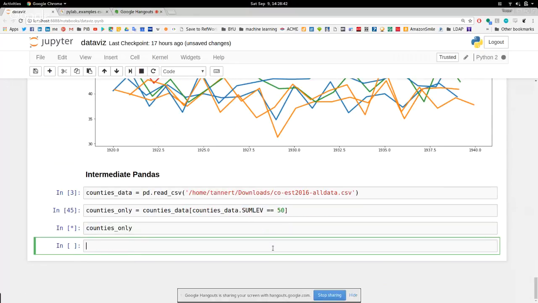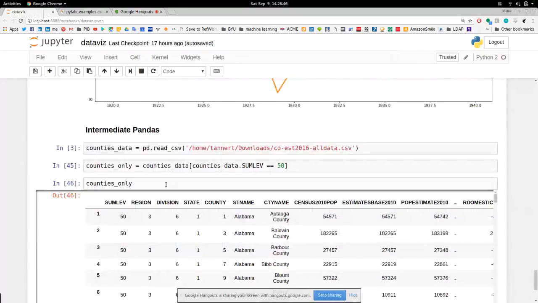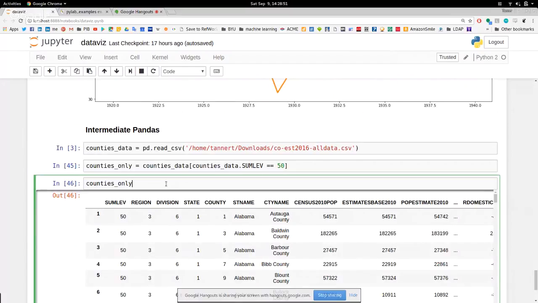That should be on the counties. Yep. And what do you want, the biggest population? Yeah, let's see if we can get the 10 biggest counties. So counties only, and then we would, yeah, I think there's a sort